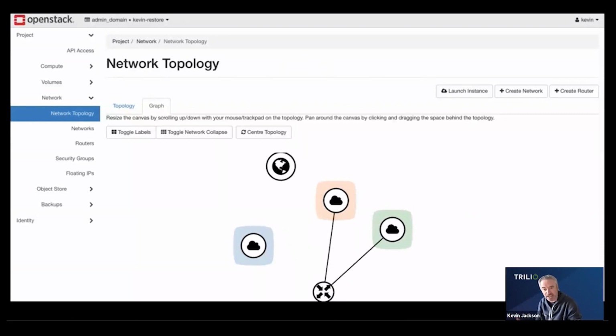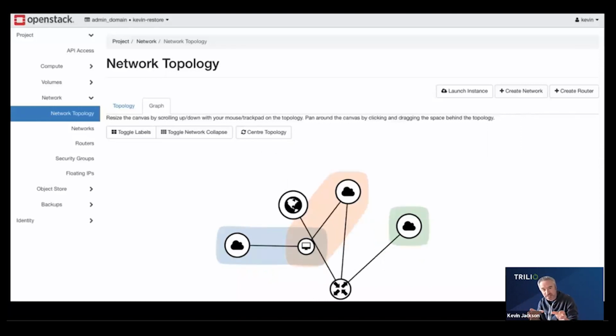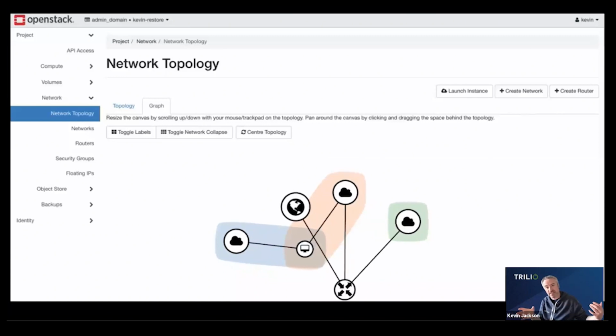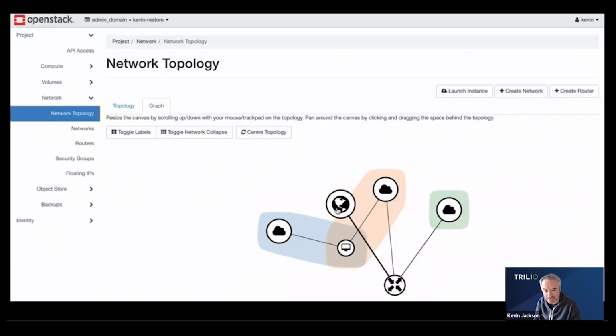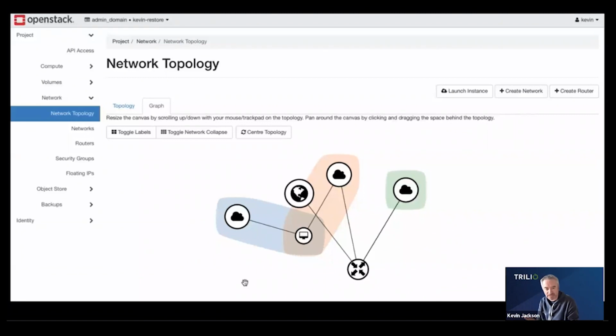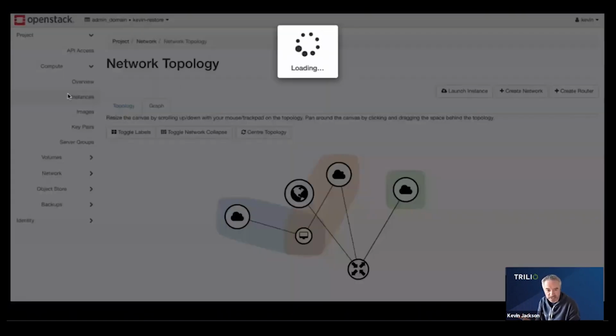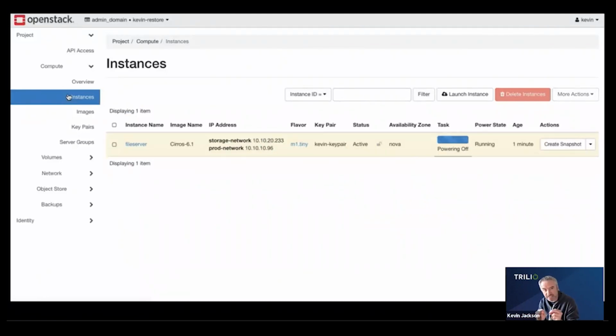Before I even had a chance to click on here, the network information was starting to be created. I've got multiple networks. I've got a router. I'll soon start to see other objects appear, like the file server that is being pulled back from recovery. And we can achieve this level of intelligence because we're reading the metadata associated with this backup from the storage, and we're facilitating a recovery through orchestration, giving you the ultimate flexibility in a complex environment such as OpenStack. So this is my file server that's come back to life with its multiple IP addresses. There's the external network. Obviously, we didn't need to touch that. But essentially, I've now recreated, using very simple steps,